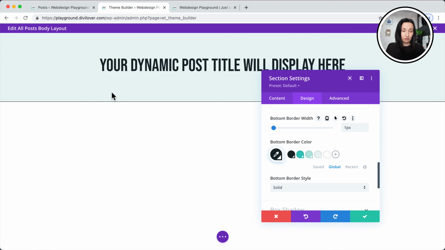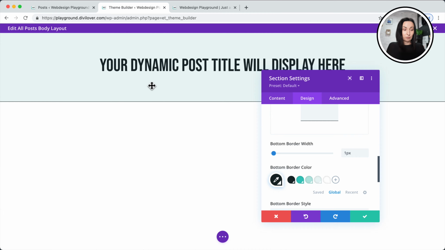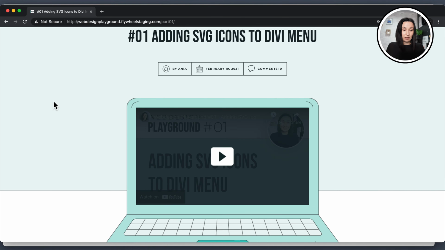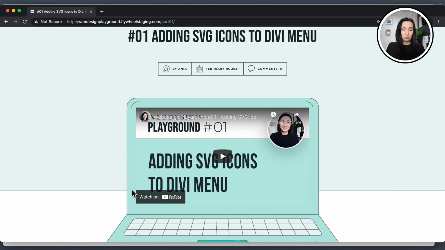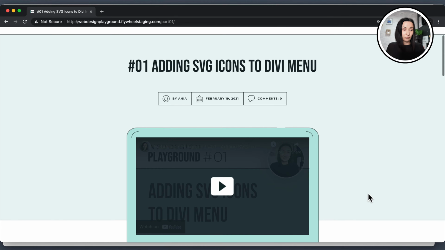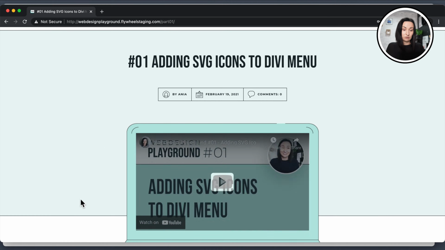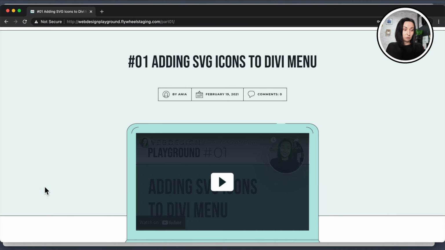1 pixel line, just like that. And I do want to add a lot of space here, just to show you real quick. We need that space to be able to move that next section over this one. So that part needs to have more space in here so that we can use negative margin for